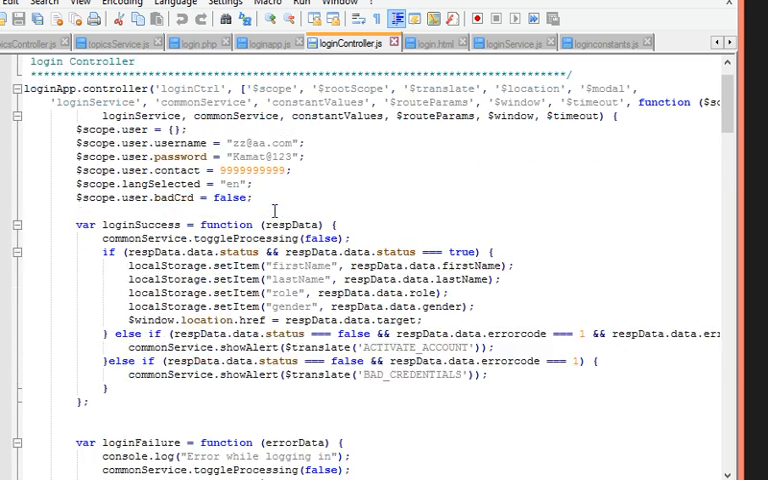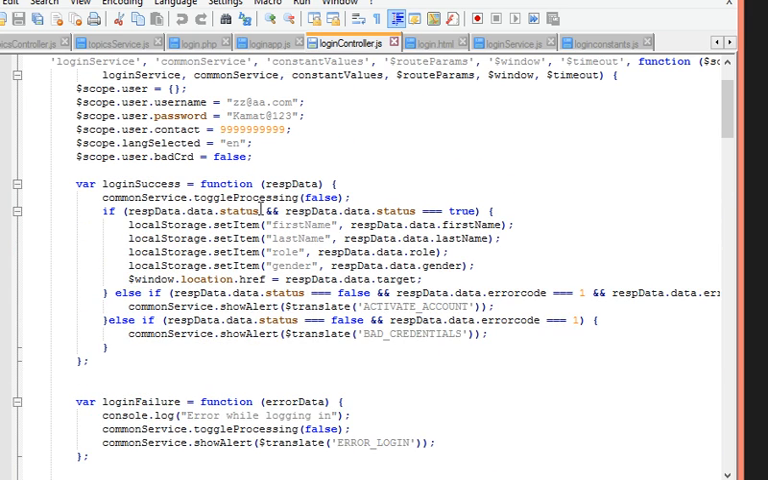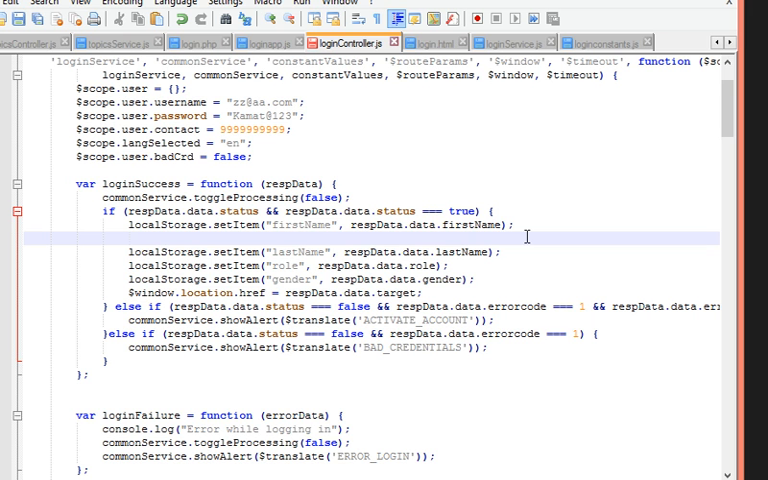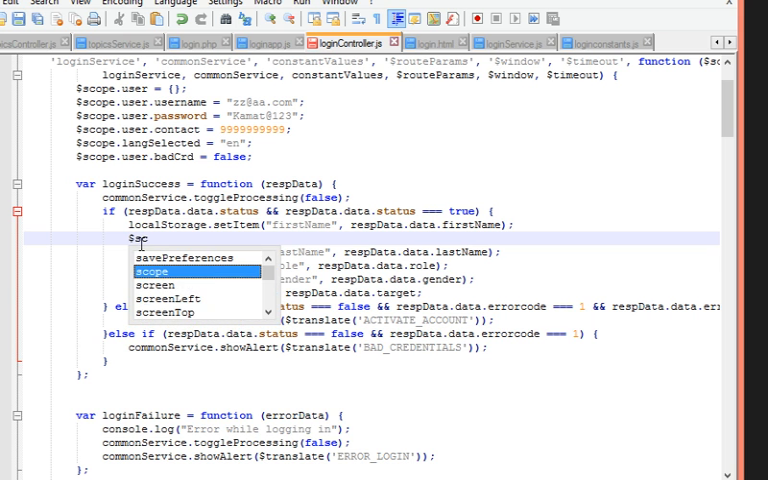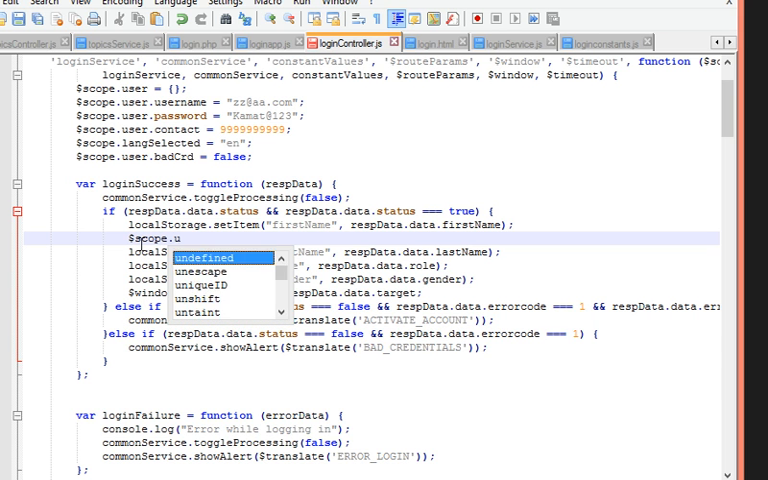So for example, in the login controller, when there is a success, the data is coming from the response data, and I set that data to the scope. Inside the scope I can set, let's say, the response data first name. So how can I write this? $scope dot,